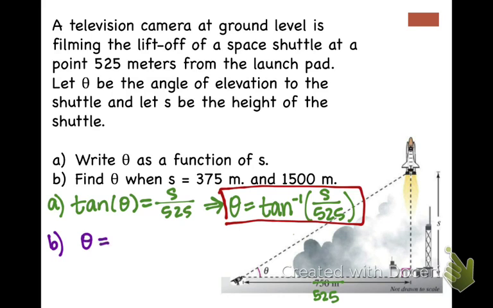So when s is 375, theta is equal to tangent inverse of 375 over 525. If we're going to do this in degree mode, we want to make sure we're in degree mode, which we should be, but we can always double check. Then we type in second tangent, 375 divided by 525, and we should get an angle value of